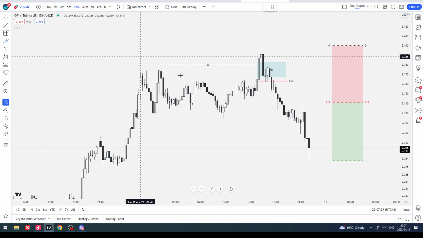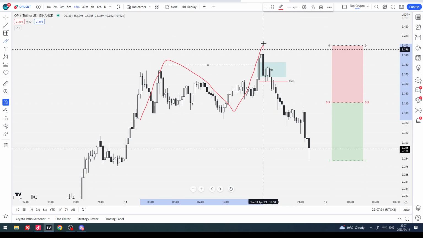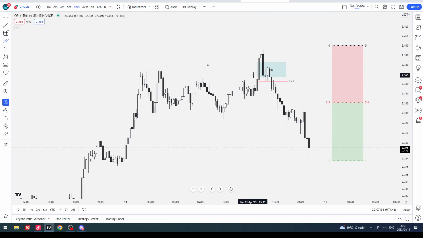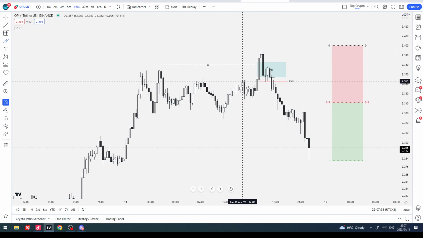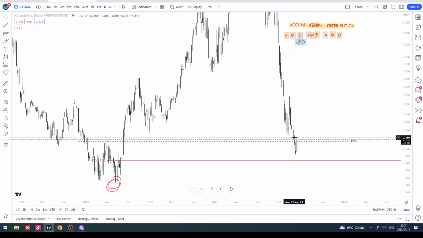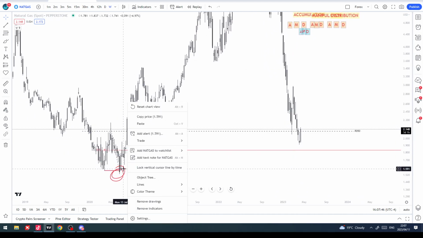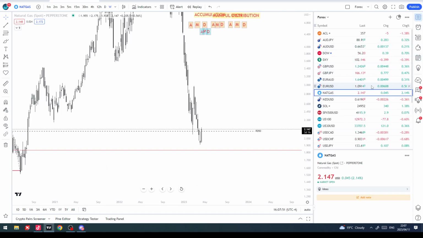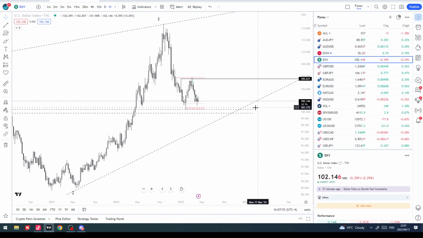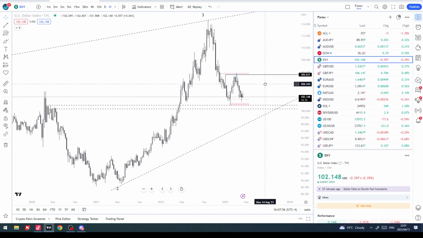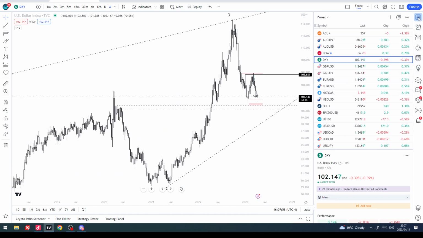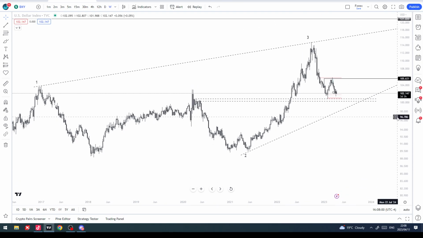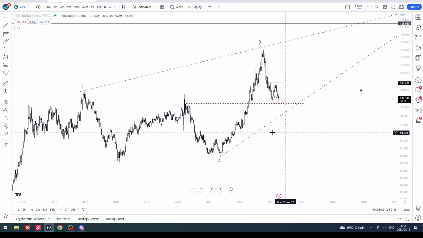Now compare how this looks in terms of the delivery as opposed to nat gas here, right where we are right now, or even DXY where it is right now. Not so clean. Not so clean at all. I actually would have wanted DXY to go a bit lower, to be honest with you,